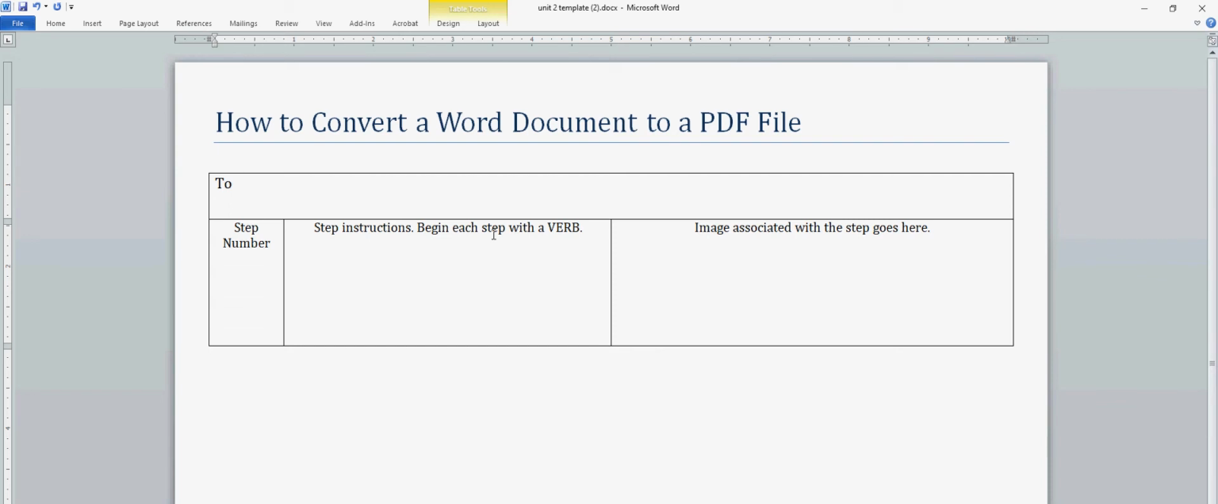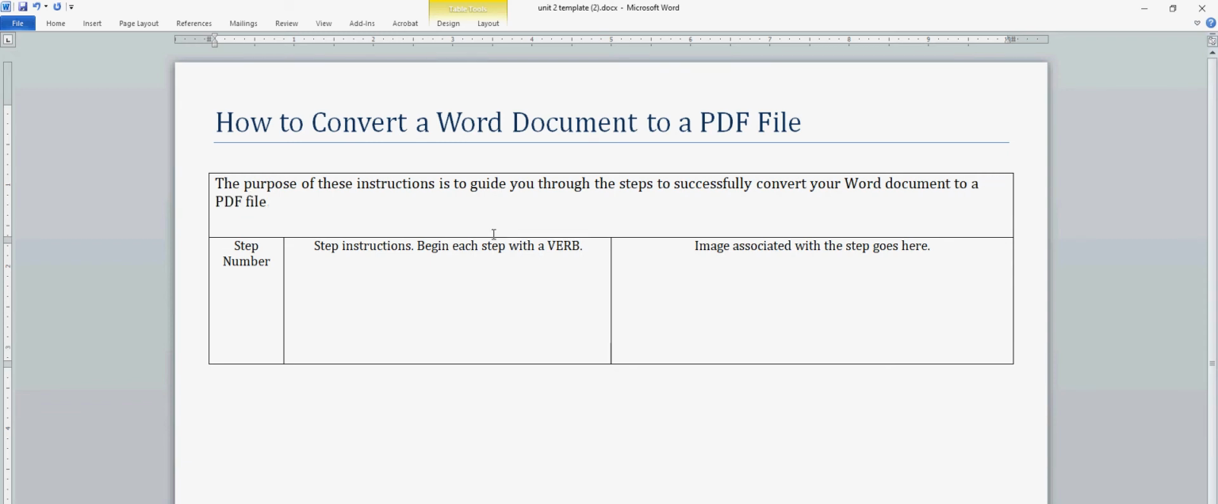So let's see. I may write, the purpose of these instructions is to guide you through the steps to successfully convert your Word document to a PDF file. And then next I might write, here, why would the user need to do this? And I would also provide an explanation of any caution. So I would also